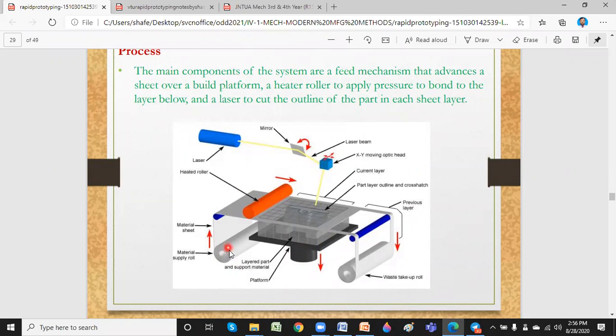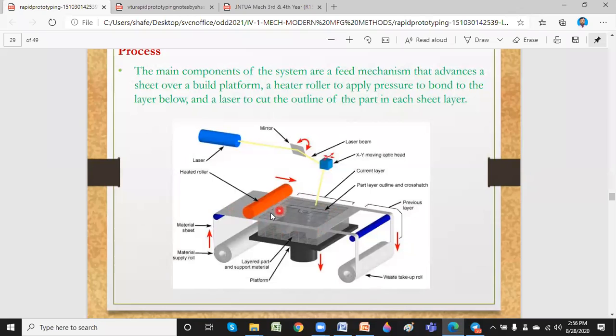This is the material supplying roll, and you can see the material being supplied as a layer like this. Once one layer of material is supplied, it passes through the rollers. Now the laser is sent, and according to the shape to be cut, it cuts that particular material made of plastic or thermoset plastic.